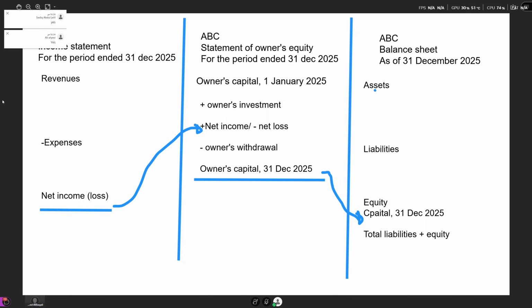Okay, perfect. I want you to just focus on one thing here. I already discussed this before, but it is very important for our today's class. I said before preparing any statement, we need to write 3 things. Name of the company, name of the statement, and the date. Let's focus on the date. So when I wrote the date for the income statement, we said that this is for